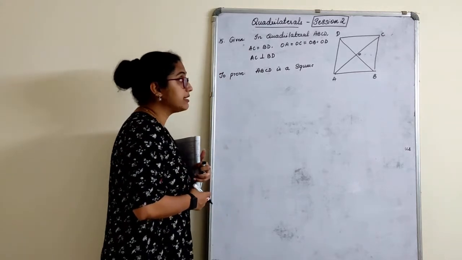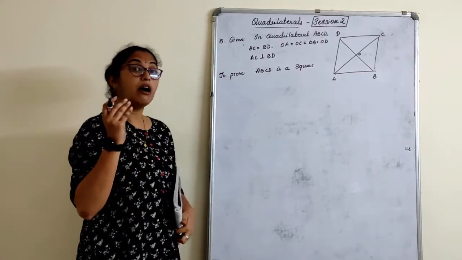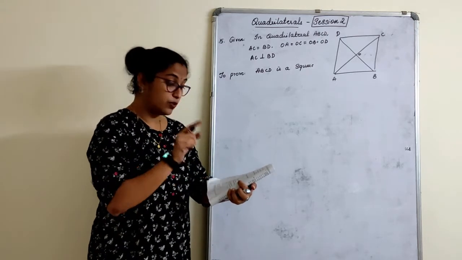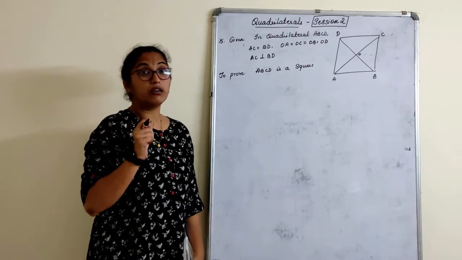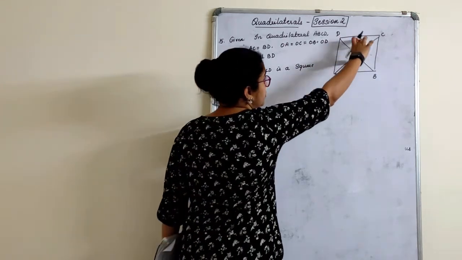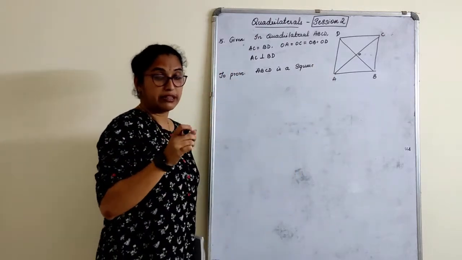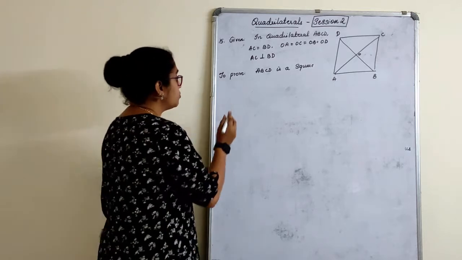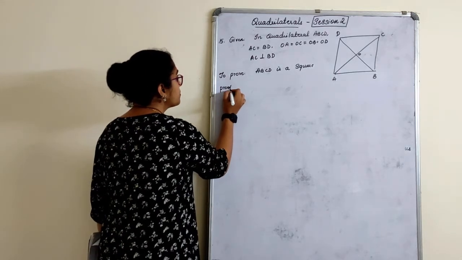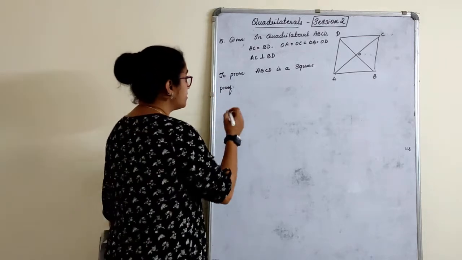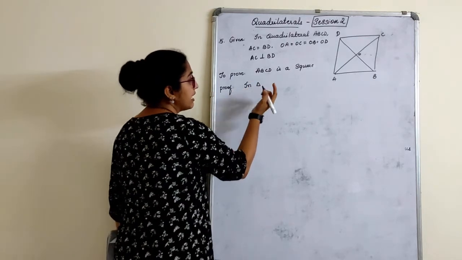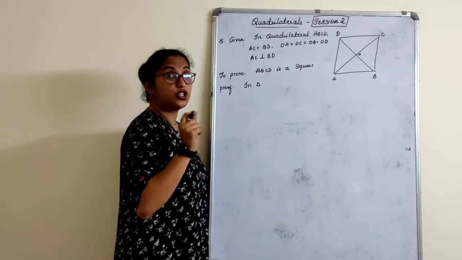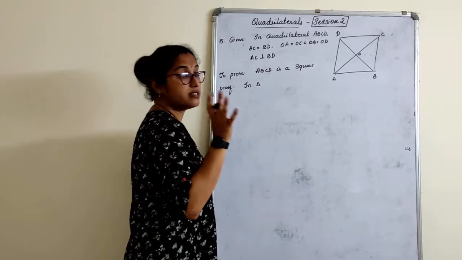Now to prove the sides are equal, do you remember in the previous part, how did we prove it? We proved somewhere in the third question that it is a rhombus. How did we prove? We first chose the opposite triangles, then we chose the adjacent triangles. Let us use the same rule to prove here it is a rhombus first. Let's do that. Prove. I first choose a pair of opposite triangles. One triangle I will choose, the second triangle I will write similarly. I'm repeating, it's up to you. Talk to your teacher and find out whether you should find it or you can write similarly.